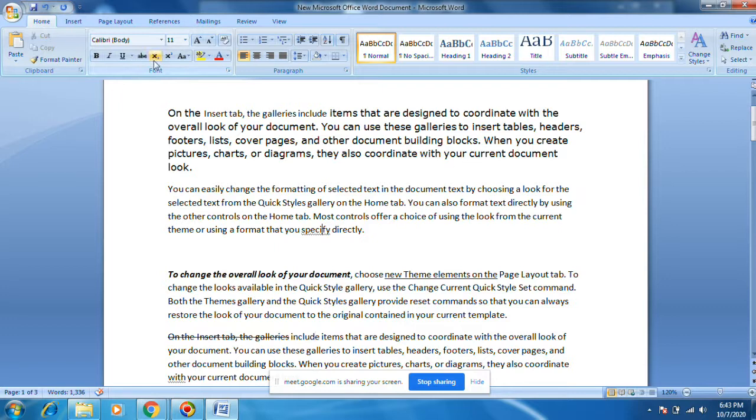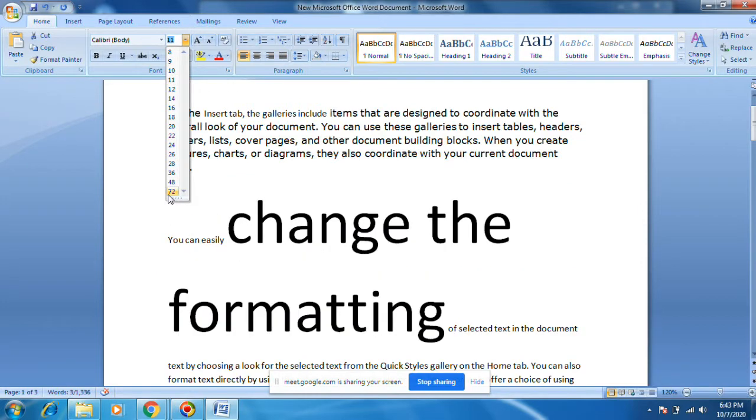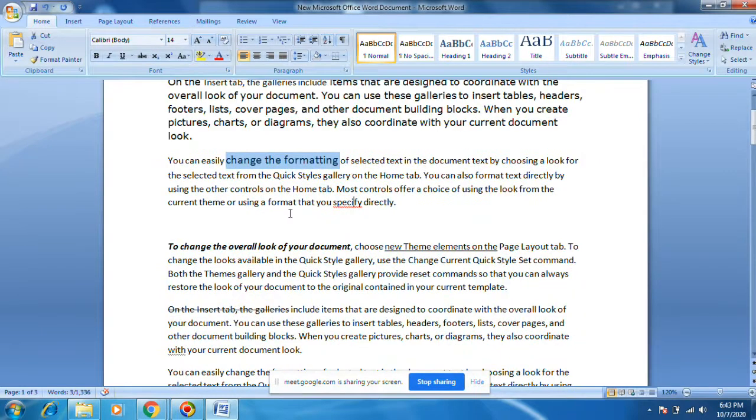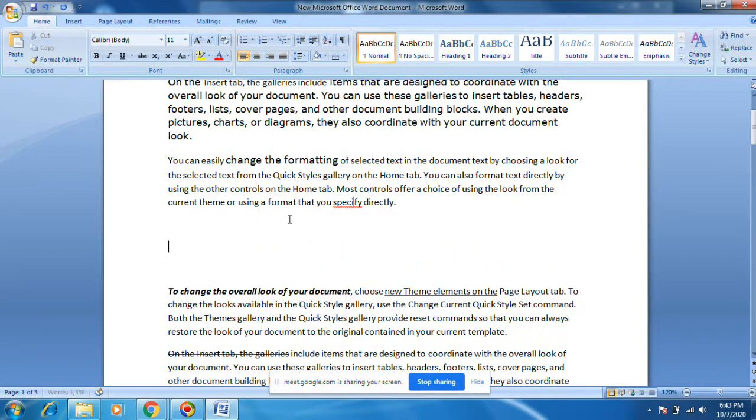Next thing is font size. I want to increase this font size, increase this to 72. As you wish, you can put. In your physics or chemistry you will see something like H2SO4.